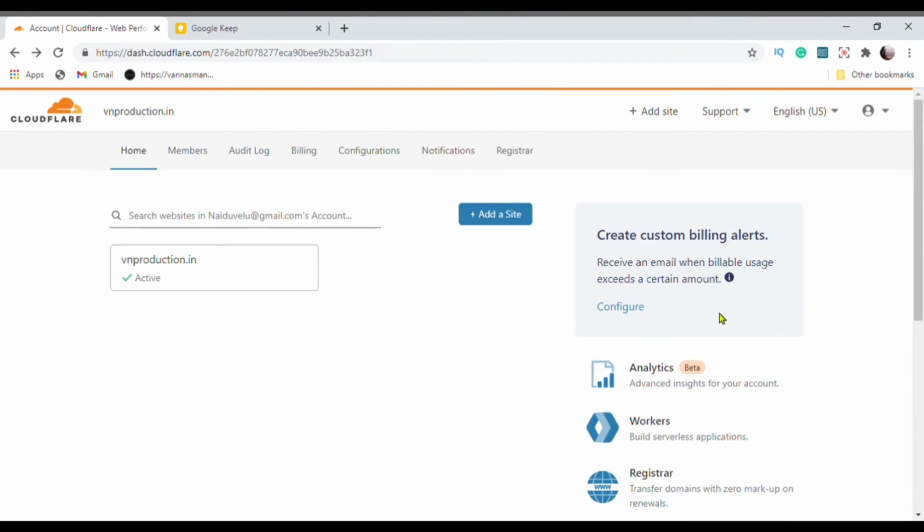As you can see, we have successfully connected our domain to the Cloudflare network. You can even see that Cloudflare will be protecting your domain. All the other things like CDN and the free SSL certificate will be activated on your domain. Also you can see other toggle boxes, like Cloudflare protecting your account. Here we have seen a toggle box showing it is successfully activated.